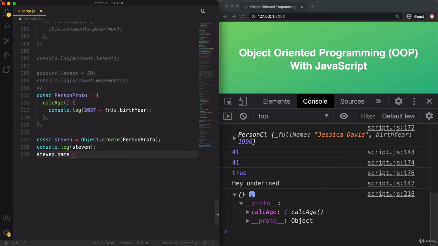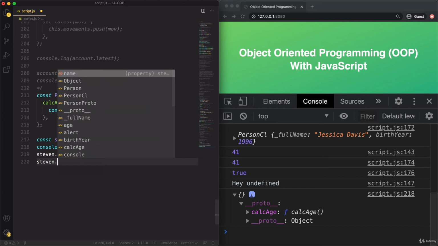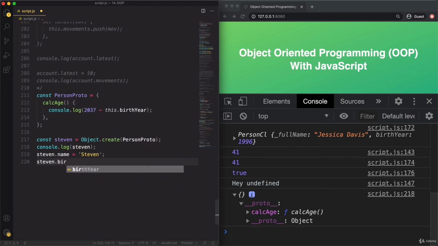So I'm doing it here just like I would do in any other object literal. And so this is not ideal, of course, but we're going to fix that in a minute, because we want a programmatic way of creating new objects instead of having to do it like this. But again, for now, we are just worried about the prototypes and the prototype chain here.